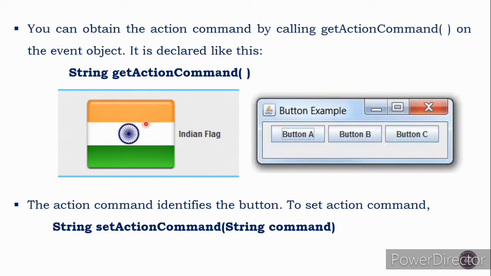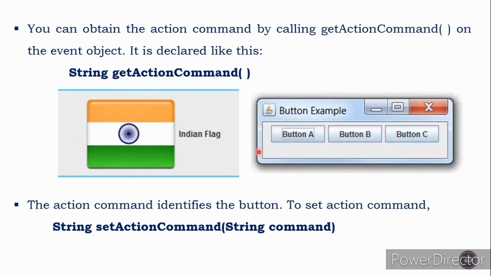When I click on this button, it will send an action command, whatever action command we have set for this button. So we can easily identify that we have clicked only this button.